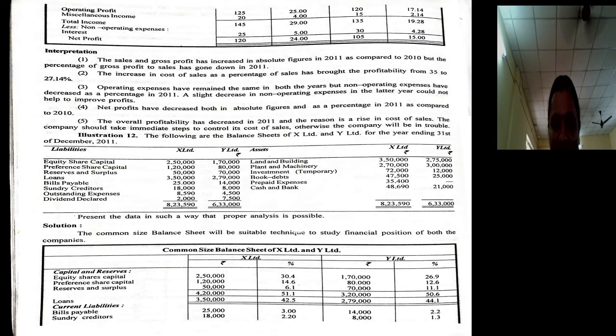That's it. Commenting on the common size statement that we prepared for X Limited and Y Limited in illustration 12 is homework for you. You just try to comment so that you will come to know how to comment. Comment is not comments, it is which part? Interpretation part. Because what we are doing is analysis by making use of three tools, and we are interpreting, means explaining the data analyzed, explaining the meaning and significance of data analyzed. So this is all about all three techniques associated with analysis of financial statement.